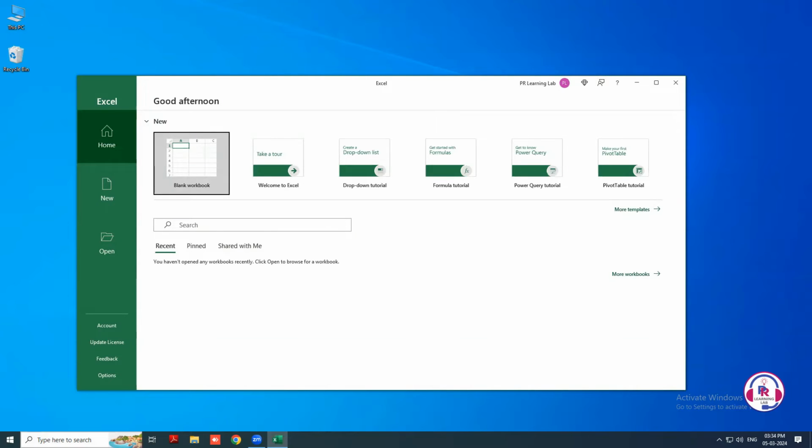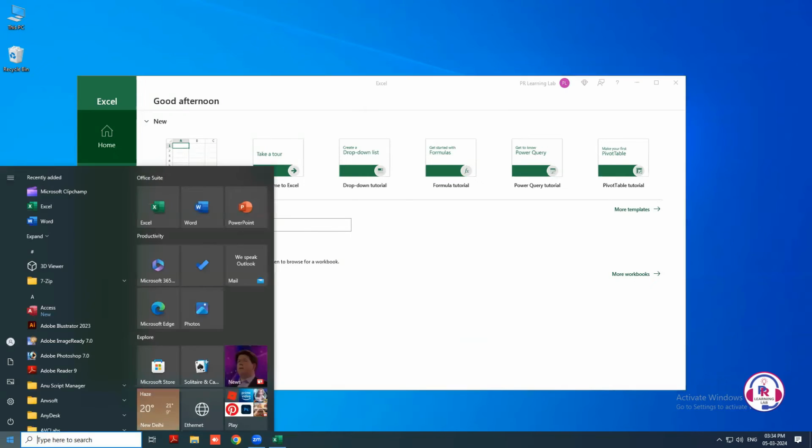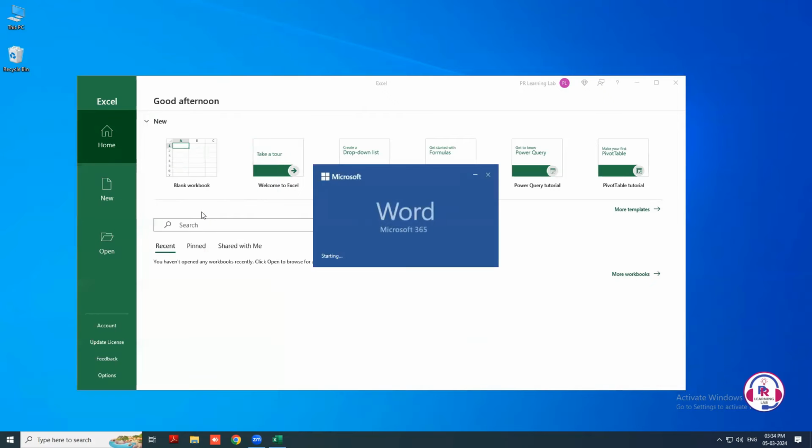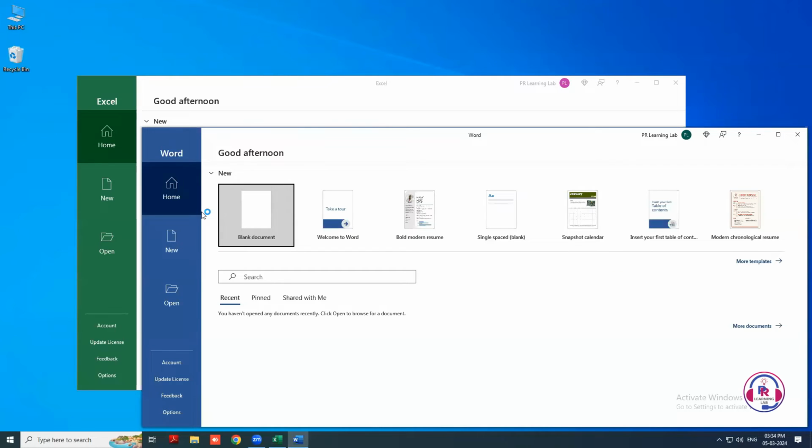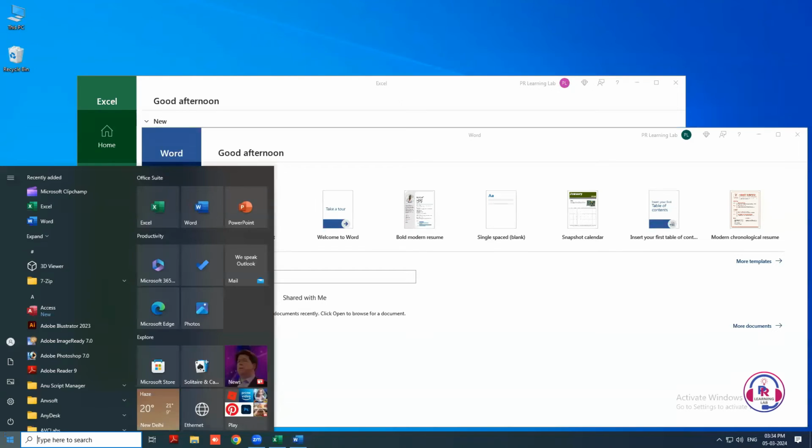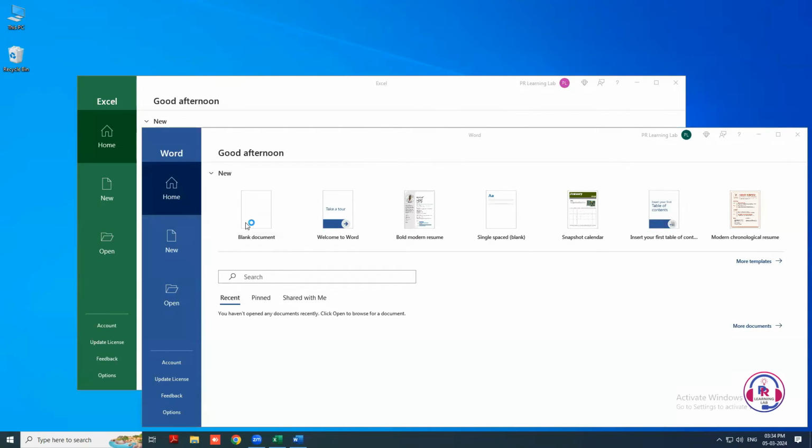To launch a single application, type its name into the search bar or scroll through the list until you find it. Once you've located the app, click on it to open it. The application will then launch and appear on your desktop. Finally, choose Open from the context menu to launch all the selected applications simultaneously.